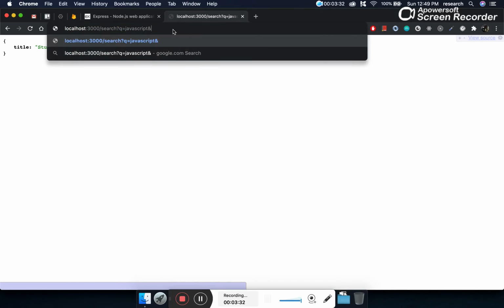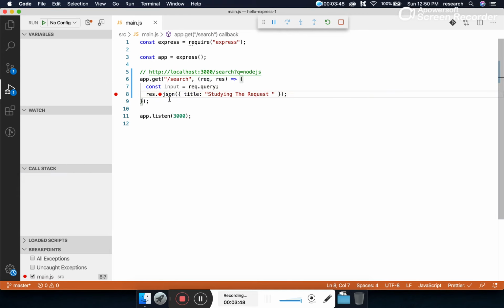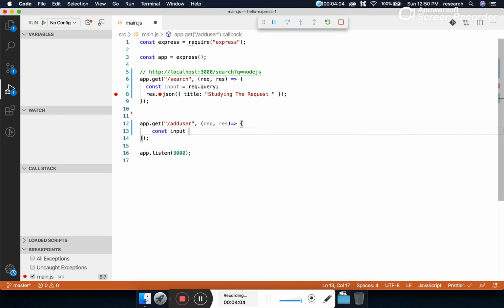Can a user send multiple data? Of course, they can, like name equals hello world, in addition to q. So we can see there are two variables available. Both query parameters are available as q and name. We can use them for further operations, like we can create another method like add user, and read the data from the request and response. Again here we can read